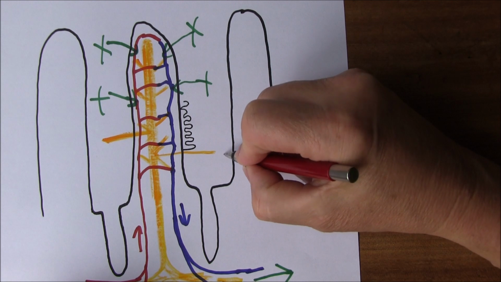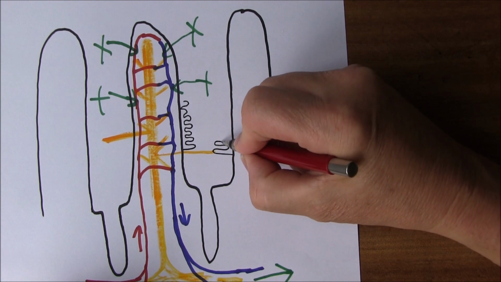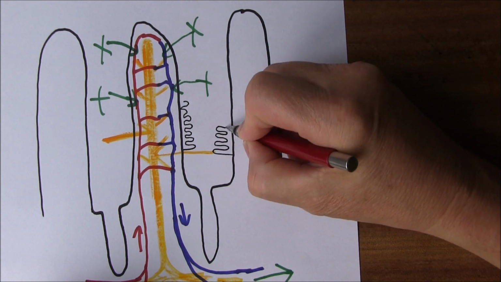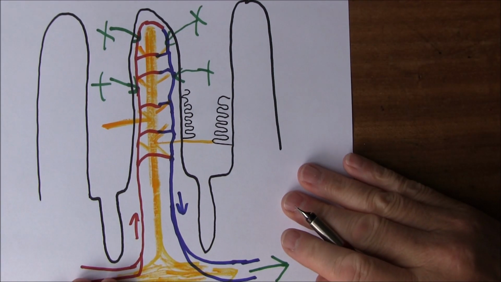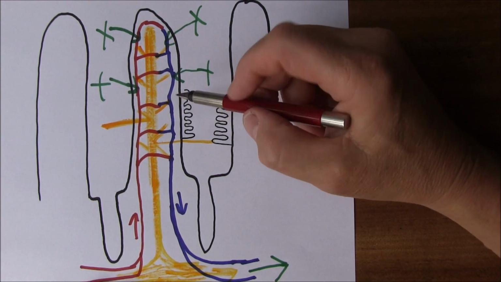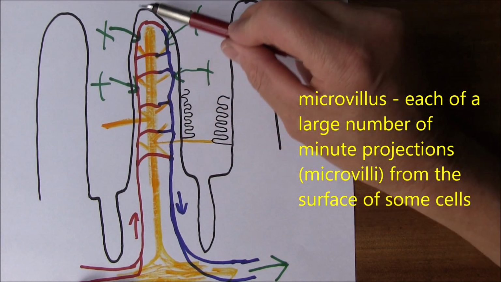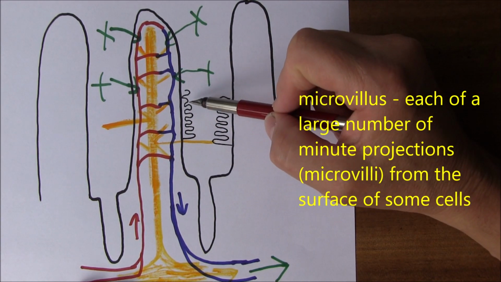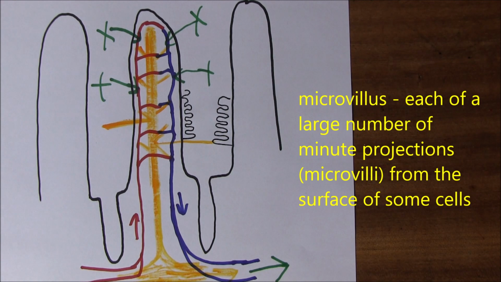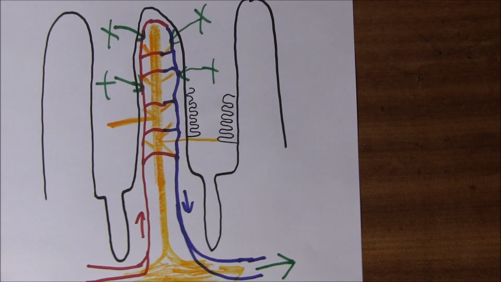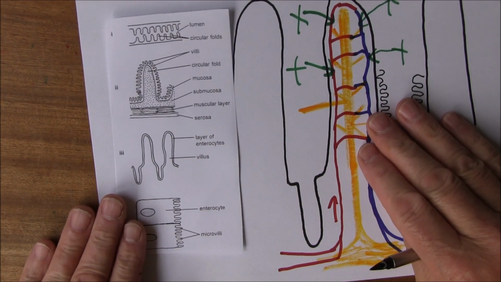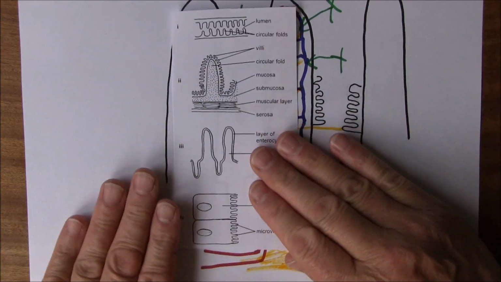So the surface area of this is also greatly enhanced with these microvilli. So we see all these layers of infolding. So the surface area of a villus is greatly enhanced by the presence of the microvilli on its surface. Now, just before we go and look at these microvilli in more detail, let's just use this diagram from the physiology notes books to